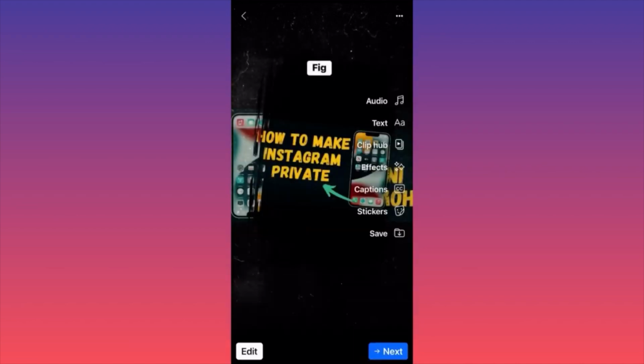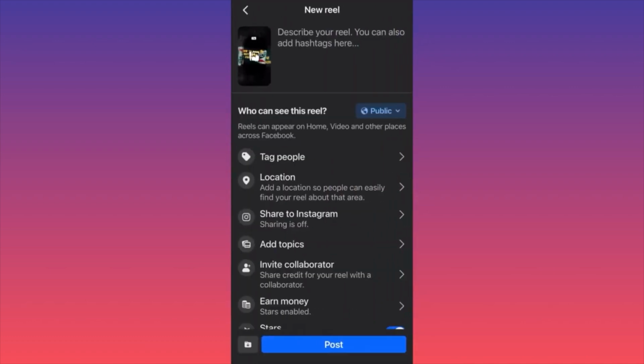Then the last option, of course, is that you can actually save what you just created. Some people are just creating the actual content here and they go and they publish the content on TikTok, they publish it on Twitter, right? So you can do so by simply clicking save. Then you press next, and here the option is very similar to the ones that you usually will have, the